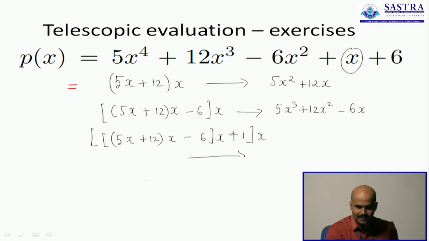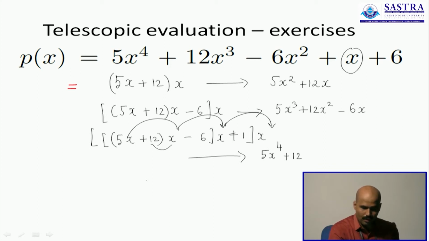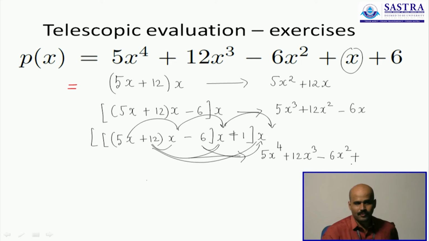Now, this will give us 5 times x, that is an x cube, that is an x square, another x outside, that is an x cube, and one more x outside, that is going to give us 5x to the power of 4 plus 12. This gives you x power 1, this gives you x power 2, and this is going to give you x power 3. 12x cube minus 6 and x will give you 6x, and you have another x outside, that is going to give you 6x square, plus there is only one term which goes with x, so you will just get an x back, and whatever the constant that is missing, you will just add it.